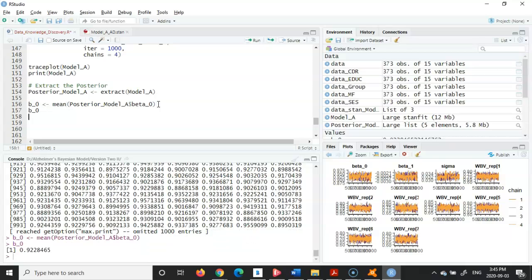And now you see that for the B naught, the intercept, we get 0.92. It means that essentially the person, regardless of whether he is demented or non-demented, what stage of Alzheimer's he is in, whether he is a man or woman, or what the socioeconomic status and level of education are, when they reach the age of 60, their normalized whole brain volume should be 0.922, which seems a little bit odd,